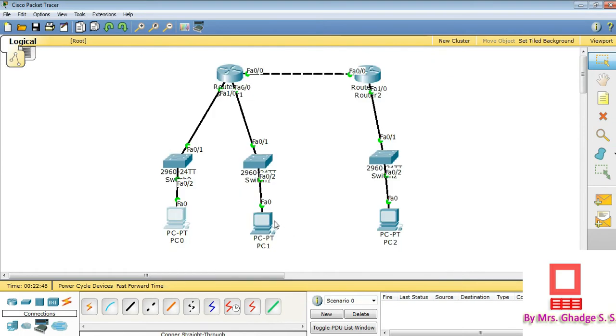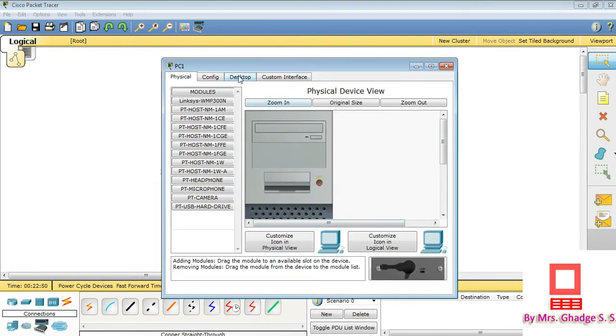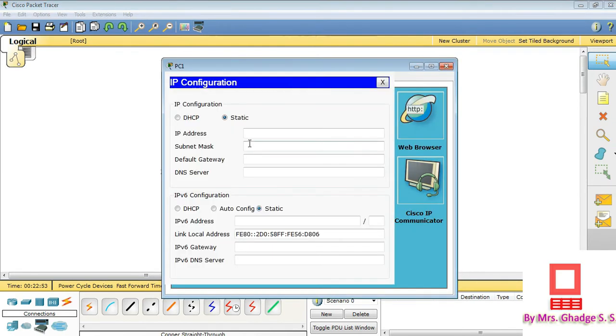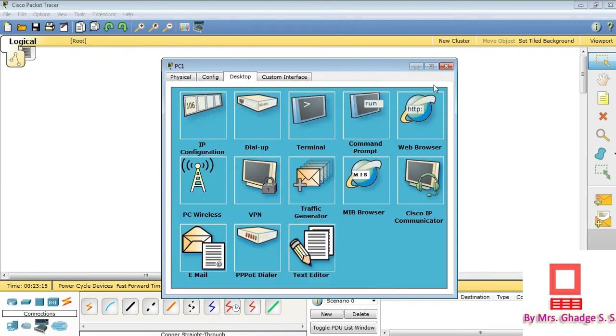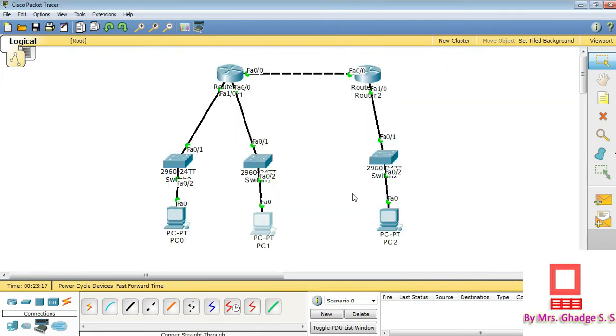Then next we have to configure PC1. Just go to desktop, IP configuration and write the IP address 192.168.0.2. Then the subnet mask is for n bits 24. Then write the default gateway 192.168.0.1. This way PC1 is configured.